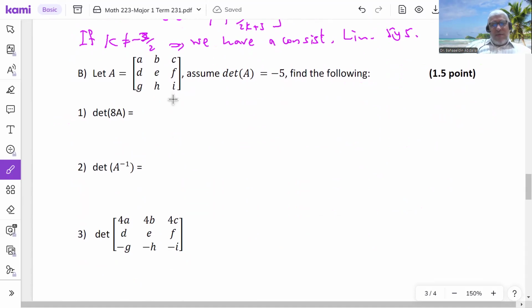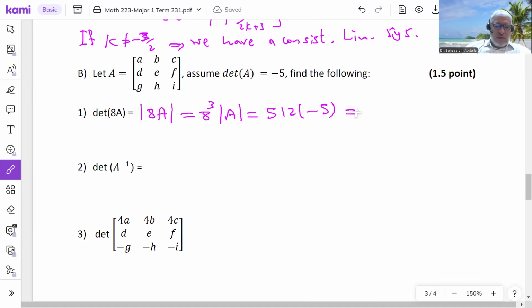This is a matrix A. The determinant is given. Find determinant 8A. Using the formula, I will write it like this, determinant 8A. Then the answer would be 8 to the power 3, because there are 3 rows and 3 columns, times the determinant of A. The determinant of A is -5. So 8 to the power 3 is 512, times -5, the determinant of A. So the answer would be